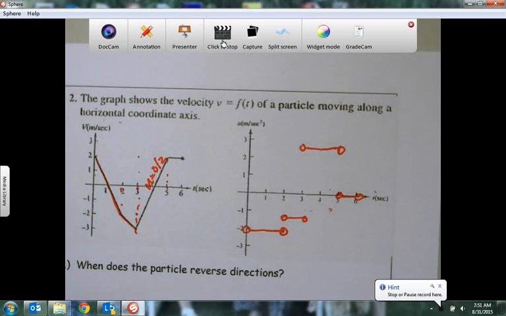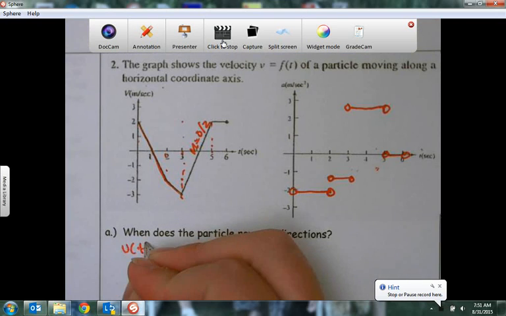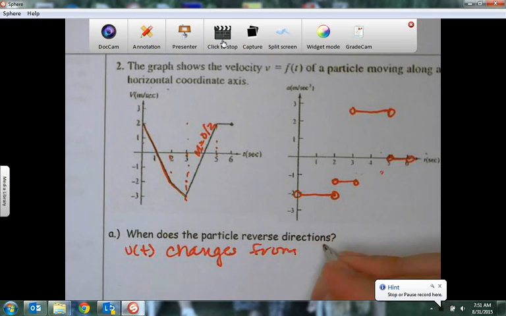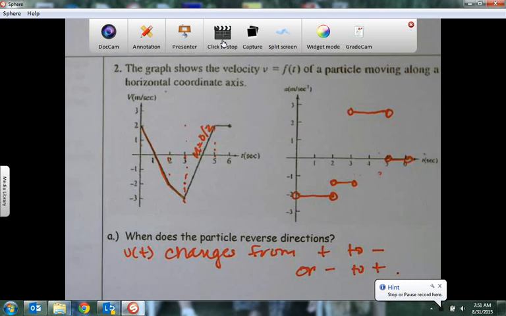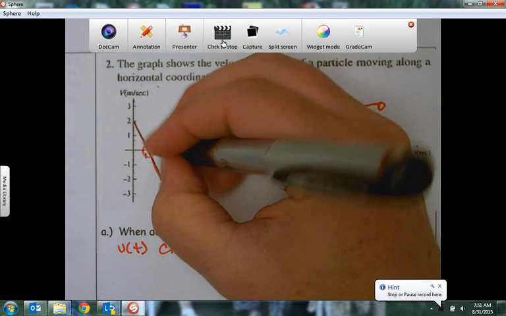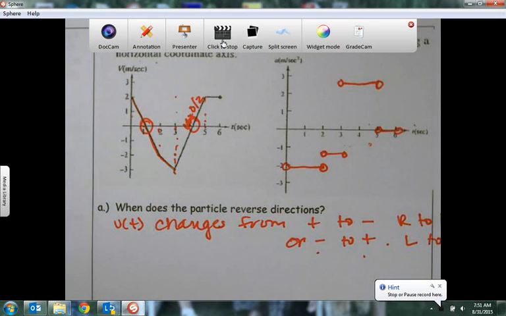So when does the particle reverse direction? It's going to be when v of t changes from positive to negative, or negative to positive. So when it's going right to left, and then this would be left to right. So where does that happen? I can see it's at these zeros here. So when t is 1,